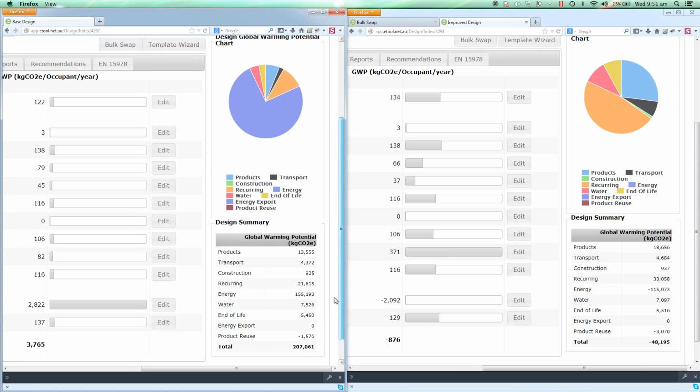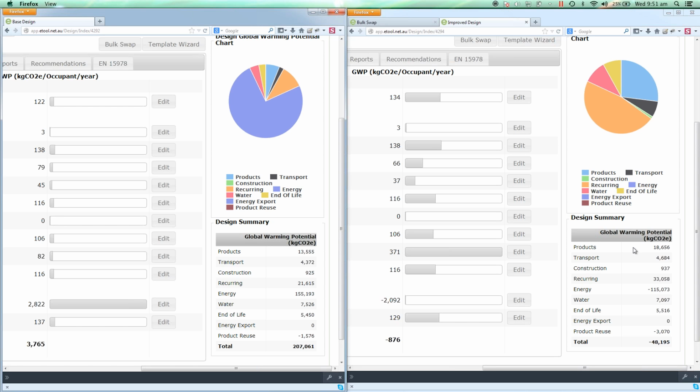So what we have here, you can see in terms of comparing these different elements, we've actually got an increase in the impacts relating to the initial products. And you might be asking, how is that possible? We reduced the intensity of the concrete, and every other recommendation that we ran was a positive thing as well, but we've somehow increased the impacts relating to the initial construction products. The reason being is